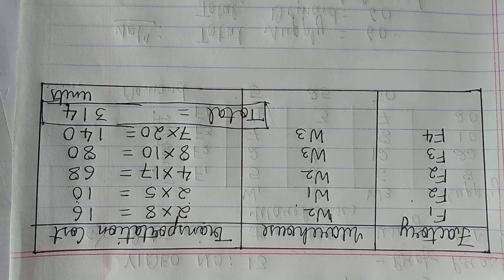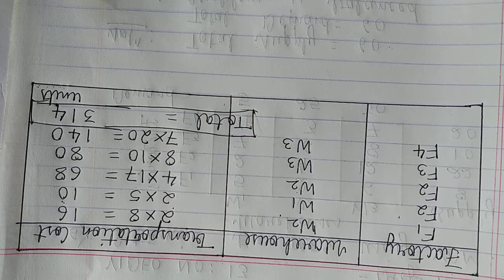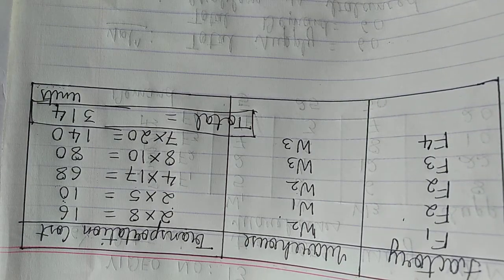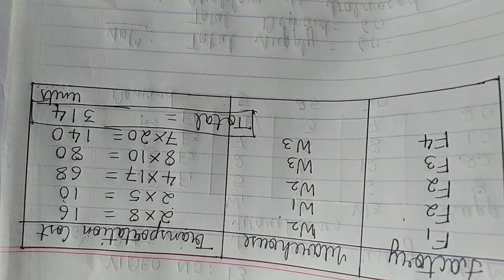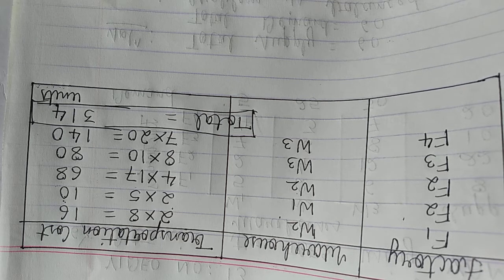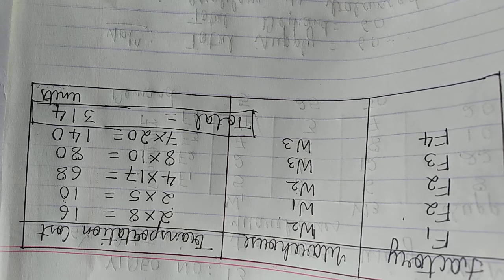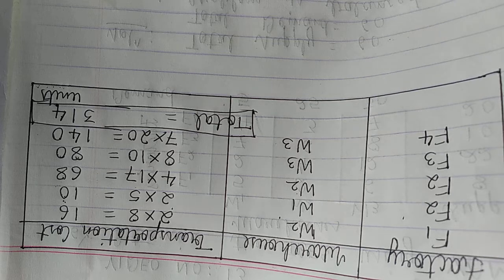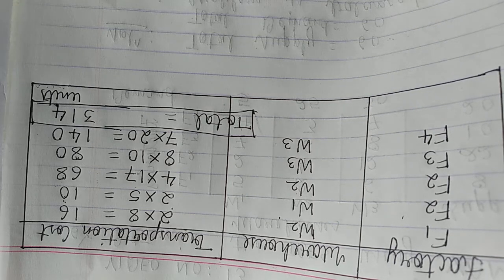With this we end today's lecture. If you have any difficulties, you can always contact us. We have completed 3 different methods. That is, we have found the IBFS using the northwest corner method, matrix minima method and Vogel's approximation method. In our next lecture, we shall be doing optimization. That is how to find whether this current answer that we have got is actually optimum or not, and whether that is the best solution or not.